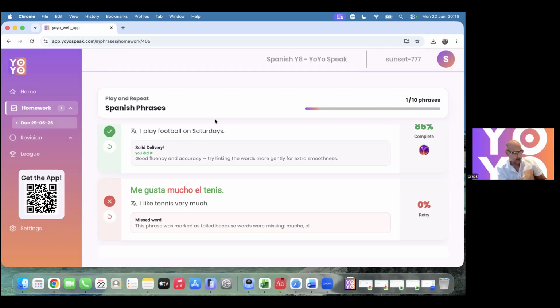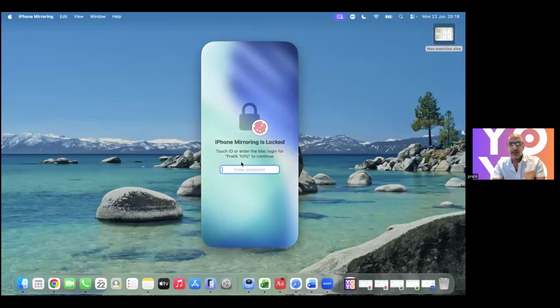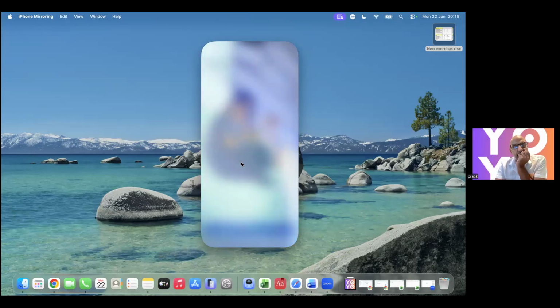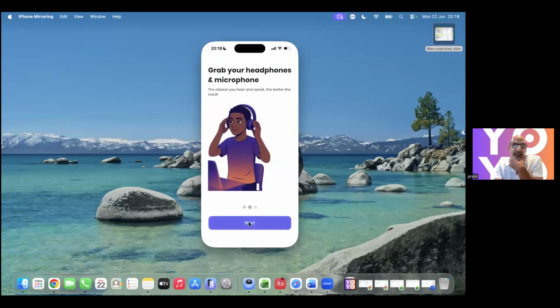this is Sunset 777. So we're just going to log her into the device. So this is the screen. This is what she'd see when she first logs in.